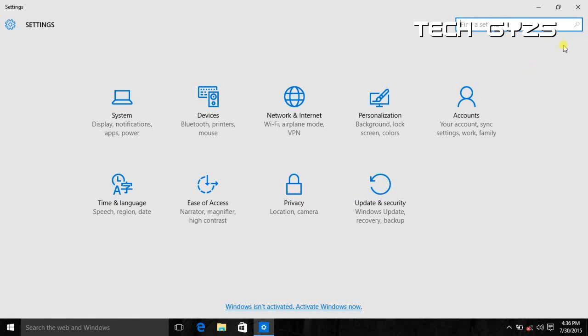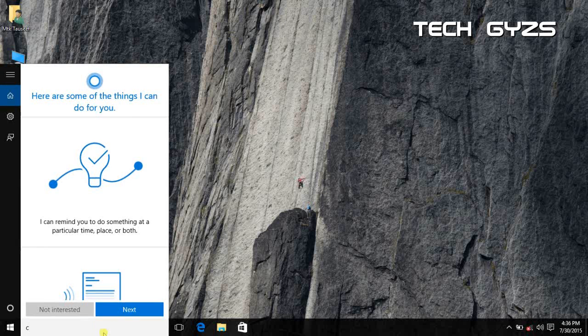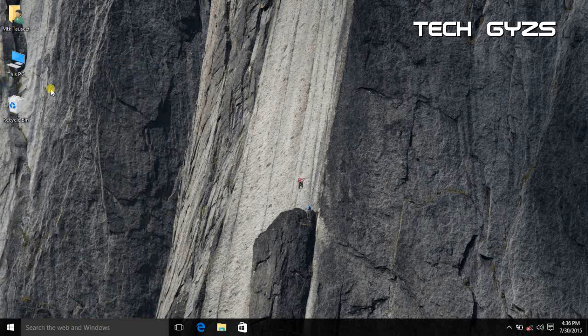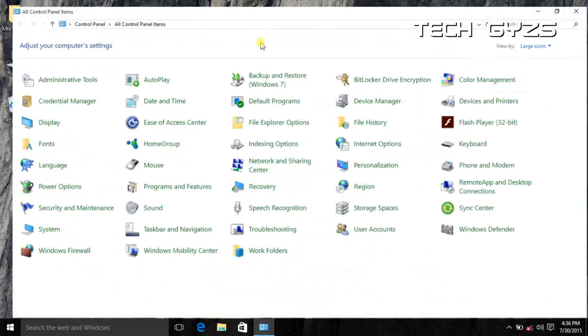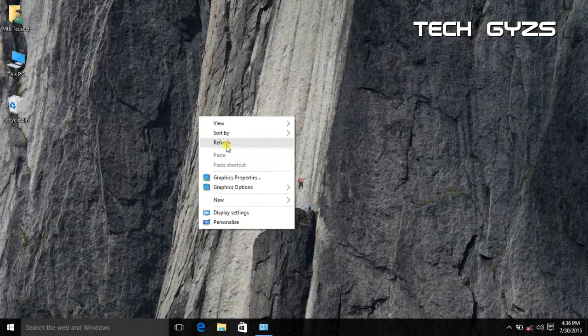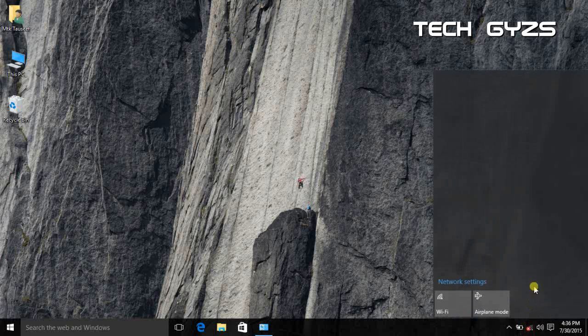Personalization settings, accounts, the login account is the Microsoft Windows Live account. You can sync your data, you can use your family accounts and other users directly with their Microsoft IDs. Now let's click on some other features. Click just on the bottom, here's Cortana. We are very familiar with Cortana, the very best feature of Windows 10.